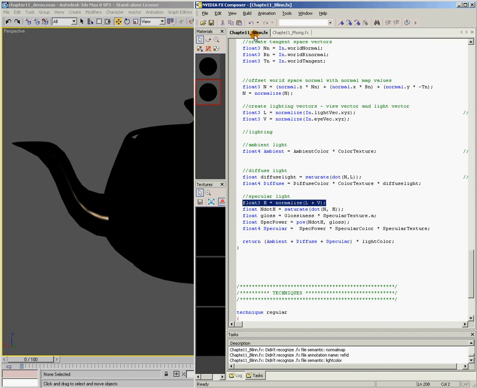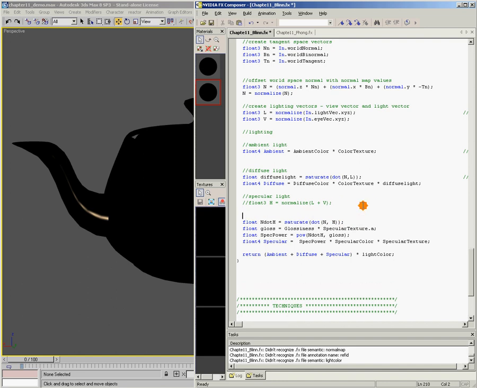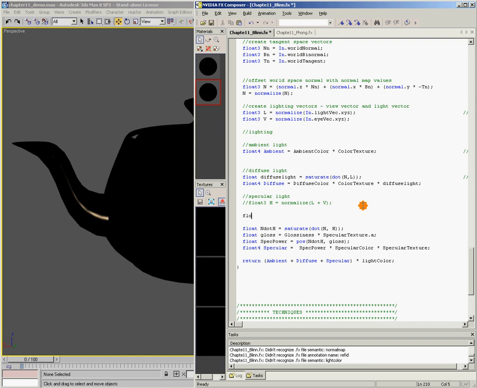So if we wanted to convert this Blinn shader to Phong, we would take out our half angle. So I'm just going to comment this out. And instead of calculating the half angle, what I really want to do is calculate the reflection. So if we think about our light vector coming in from the light source, it's going to hit the surface and reflect in a certain direction. So we need to calculate the reflection vector of our light source based on the light vector and the surface normal. And the way that we do that is we're going to say float3 r